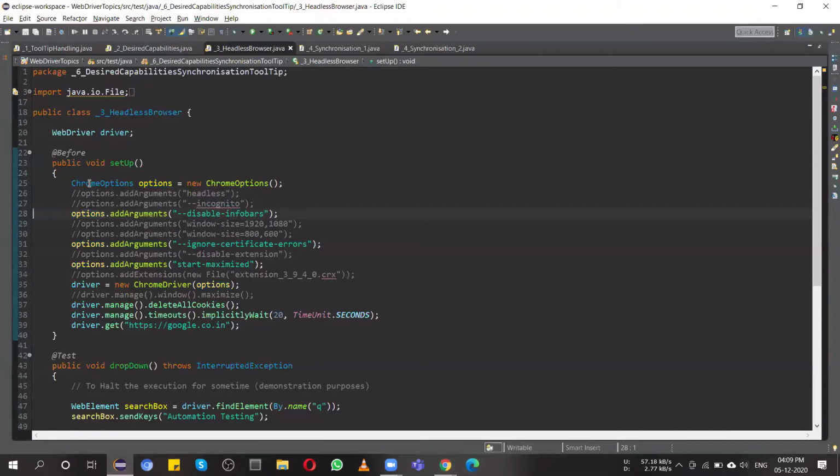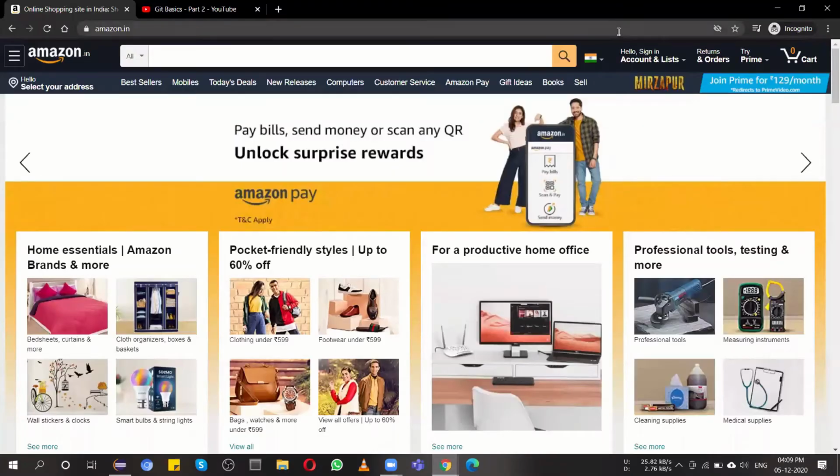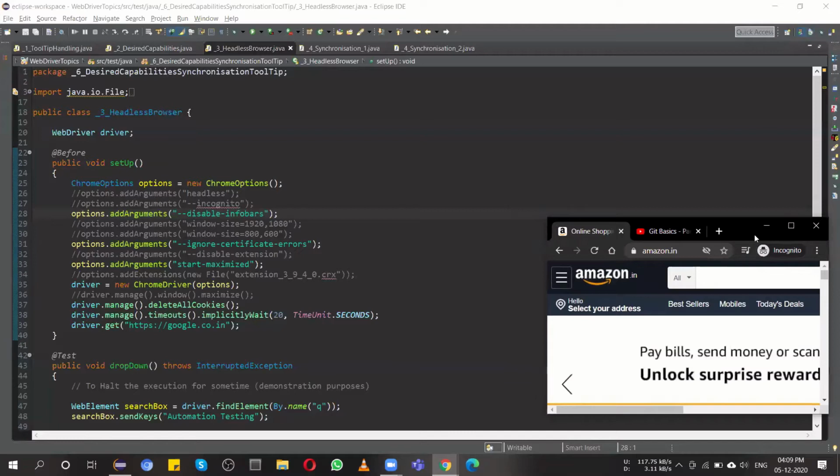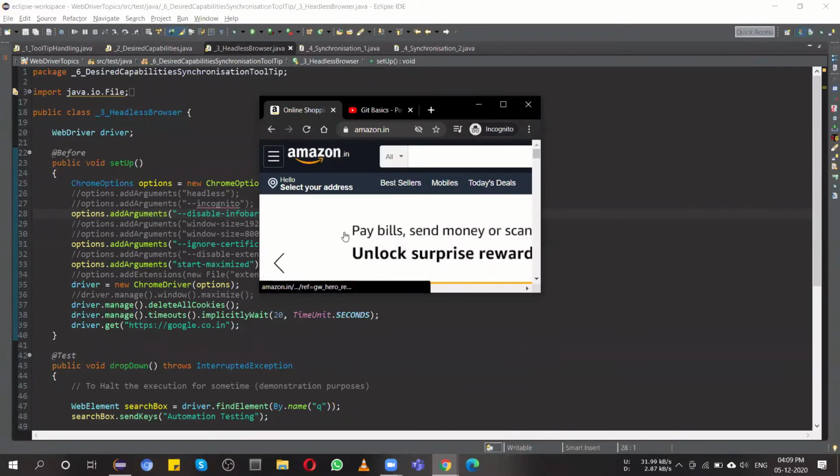Then, if you wish to open your website, or say the scenario where you have to check with a different resolution how your website will behave, then how much area gets covered? I'm currently using the full HD screen of my laptop.